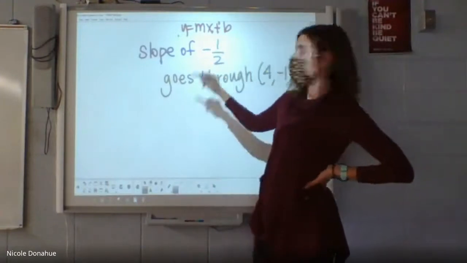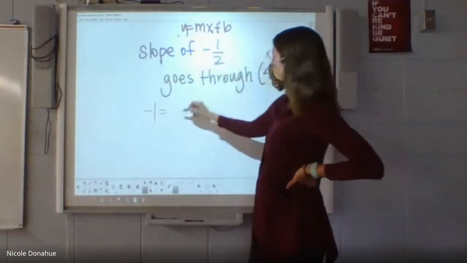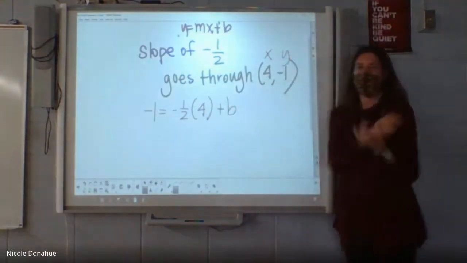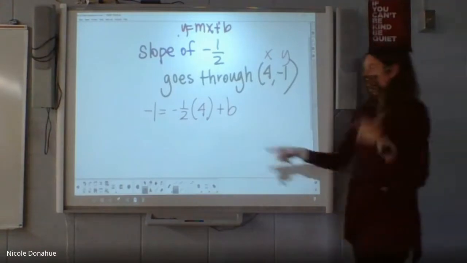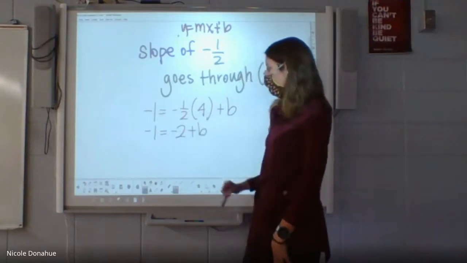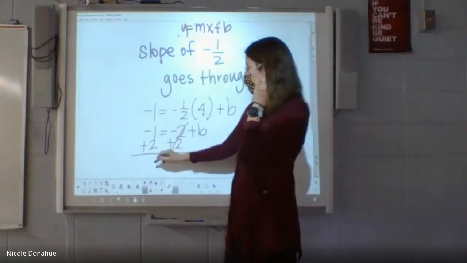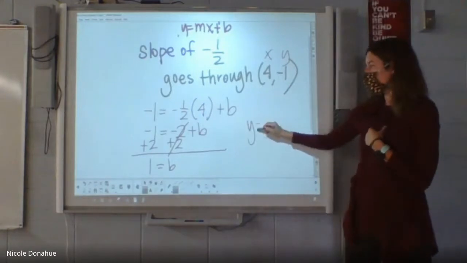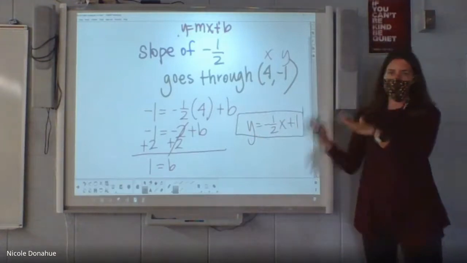Okay, guys, so in this case, here's our x, here's our y. y equals, the slope is -1/2, x is 4, plus b. I'm putting everything where I know it's supposed to be. Half of 4 is just 2, but since it's a negative times a positive, it's going to be a -2. And to get that b alone, I'm going to add 2. So -1 and 2 is just 1, plus b, so we have our m and b. Don't forget that x, don't forget the negative.